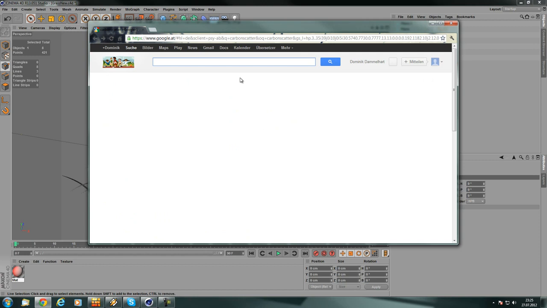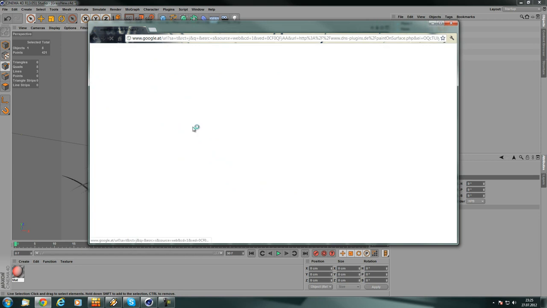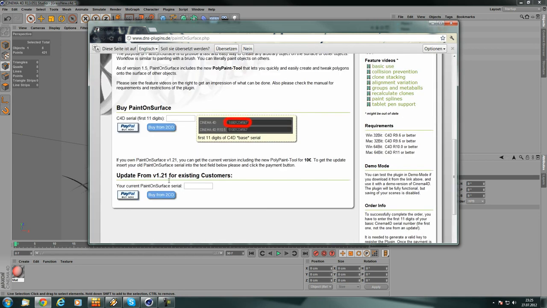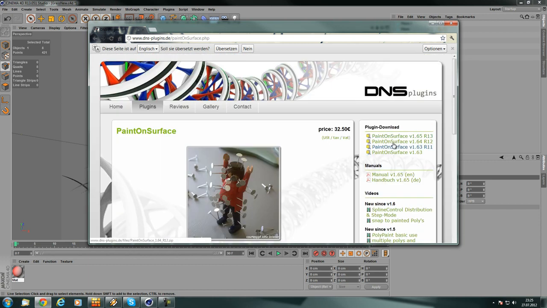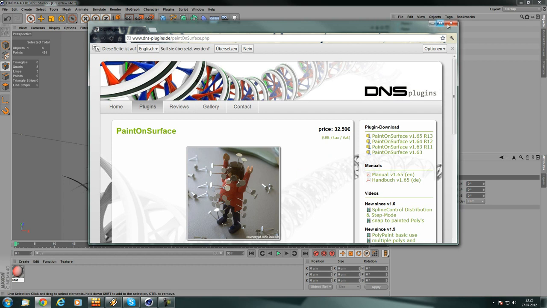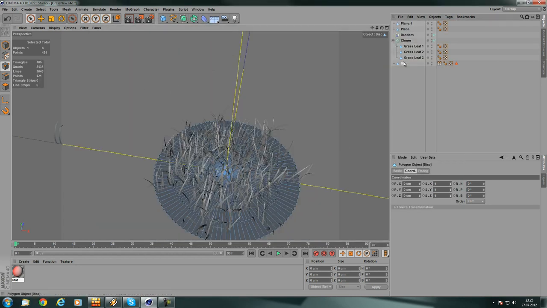There's also a plugin for Cinema 4D. This is called Paint on Surface. DNS plugins, I think this is around 32 euro, and this will also help you a lot. So get Paint on Surface if you want to spend the money. This is really a good plugin, from what I heard. But anyway, what I did, because I don't want so much grass